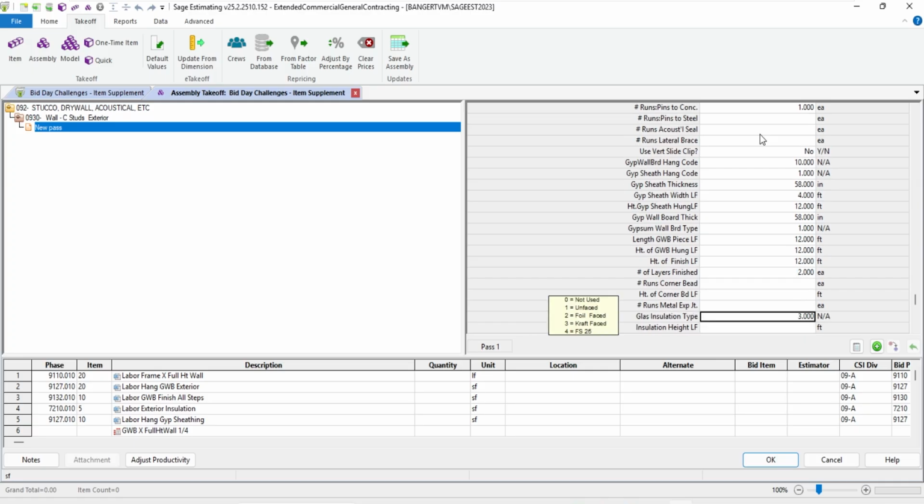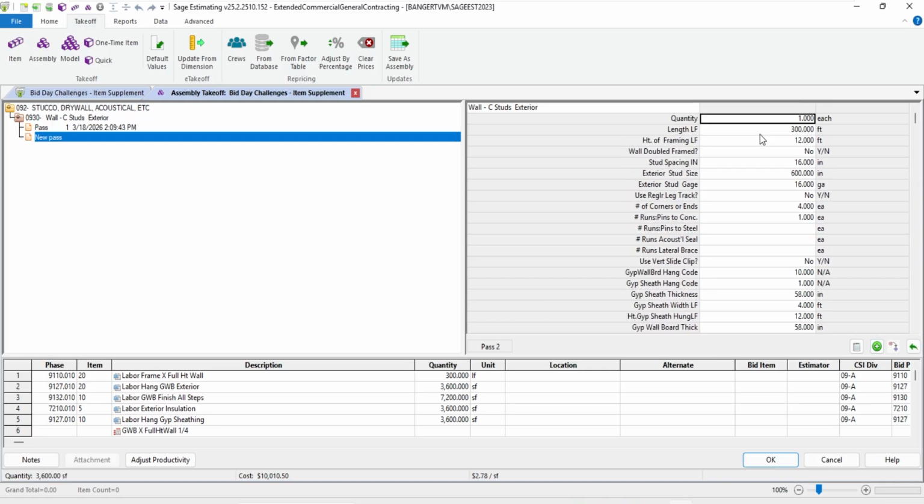Then let's say I've got some insulation in it, going up the same 12 foot and 6 inches. These questions were detailed enough that it swapped different items down below here. So I might have different products, different strengths, different colors, different products that make up a different dollar amount. At this point, I've got $10,000 estimated within this one wall.